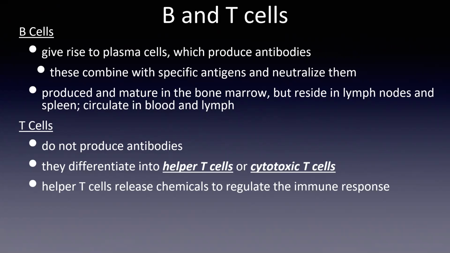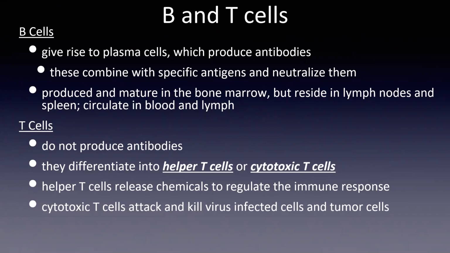They'll identify some pathogen, virus or bacteria. They'll put down a claymore, then sort of walk away, but still peer from a distance. And then the virus or bacteria will come by and kablowie. So helper T cells will release those chemicals that'll do that. Cytotoxic T cells will be more in your face. Cytotoxic T cells attack and kill virus-infected cells and tumor cells. So they'll get in there. Helper T cells will do it more passively though. But they both are very protective for your body.